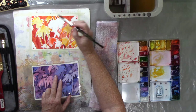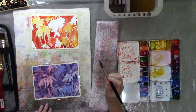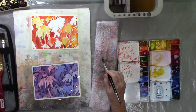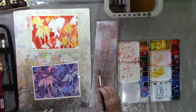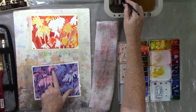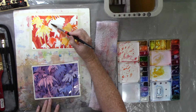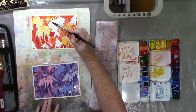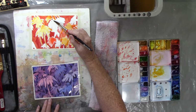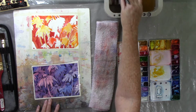I'm going to leave a white edge between all my shapes. And I might have to clean that up some. Could use a smaller brush if you have one. Alright, so these are background flowers here. So I want to make them not quite as bright as the yellow-orange ones. And I want to leave a white dry path